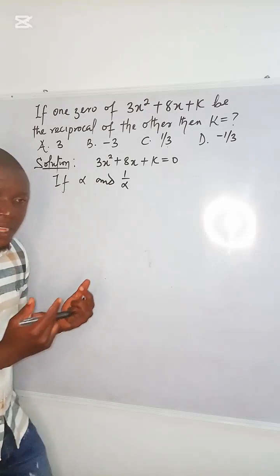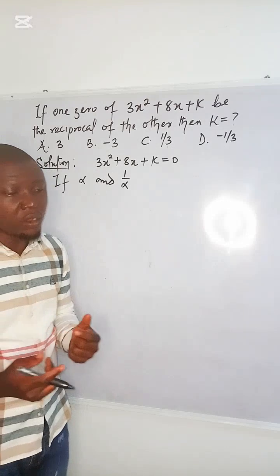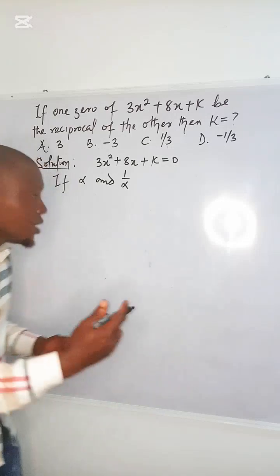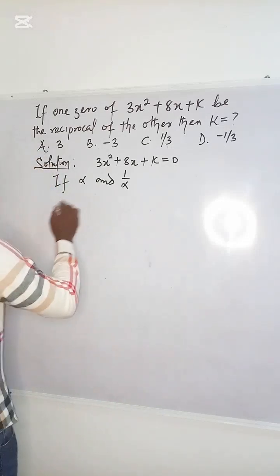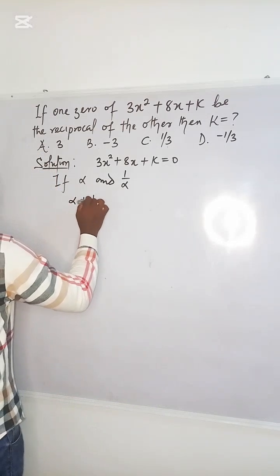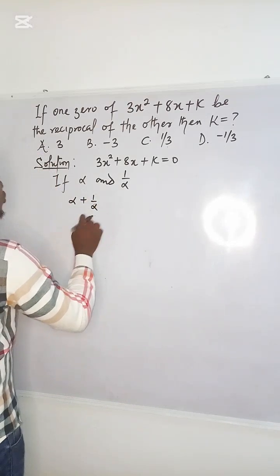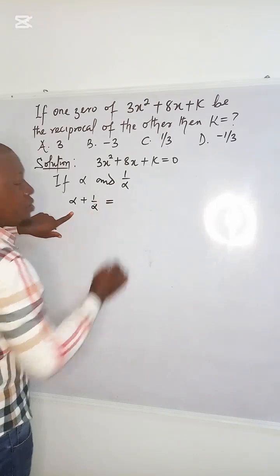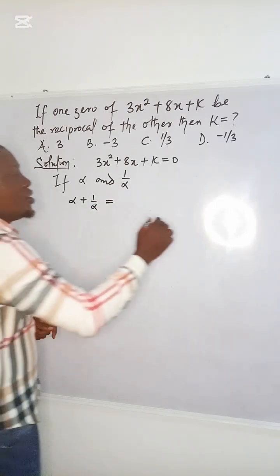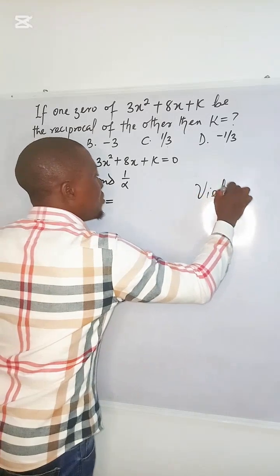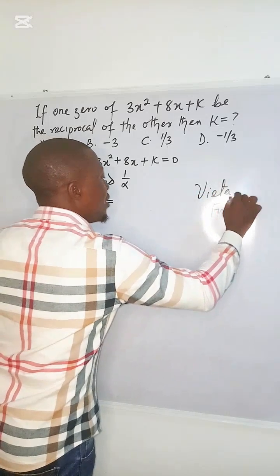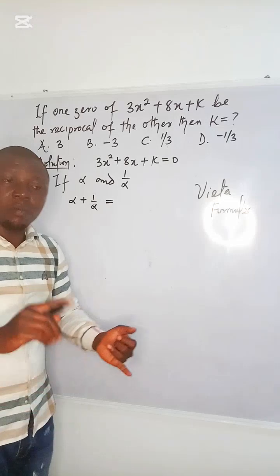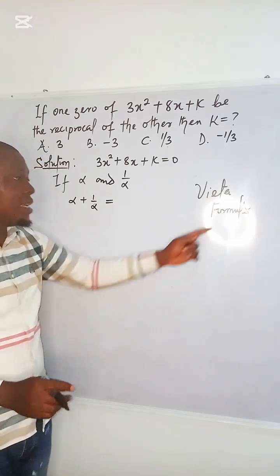Now, though we are not yet in sum of roots and product of roots, let's borrow the idea first before we study it in our next video. If we have alpha plus beta, these are the two roots of this given equation. Now, from Vieta's formula, whenever we are dealing with sum of roots and product of roots of a polynomial, they are talking about Vieta's formula.